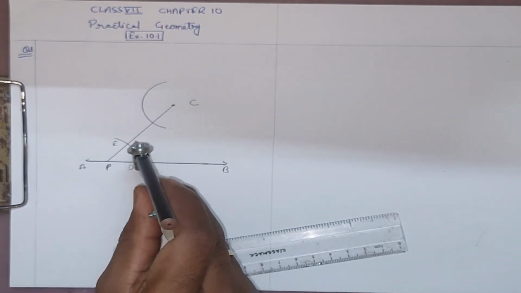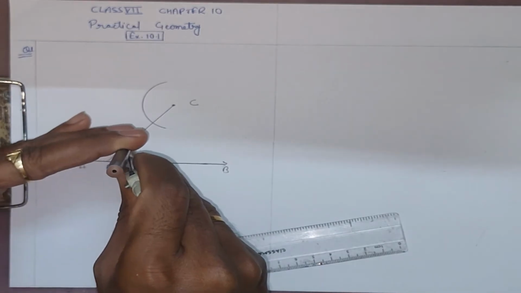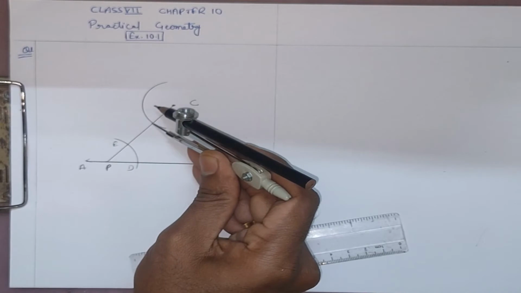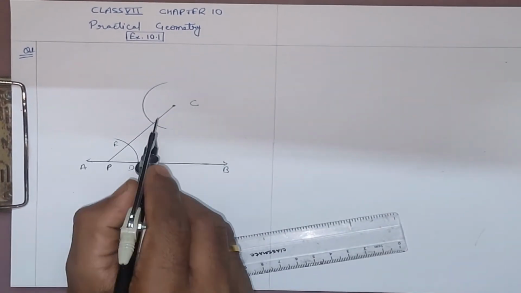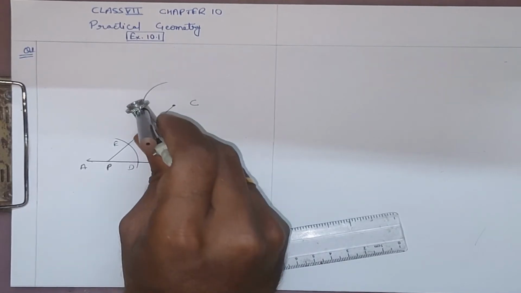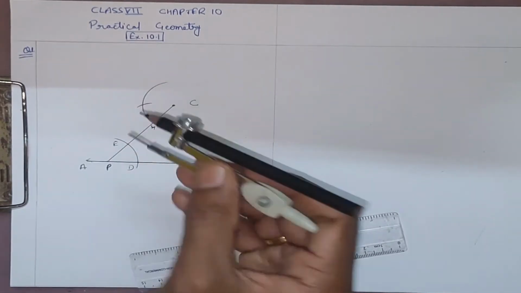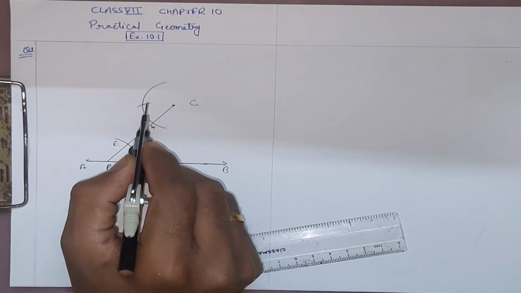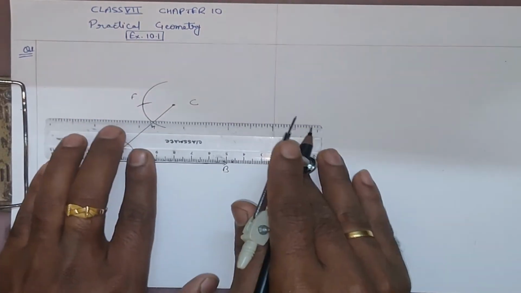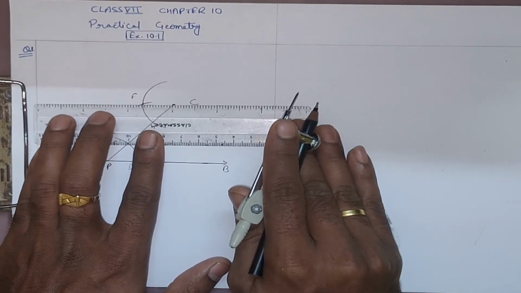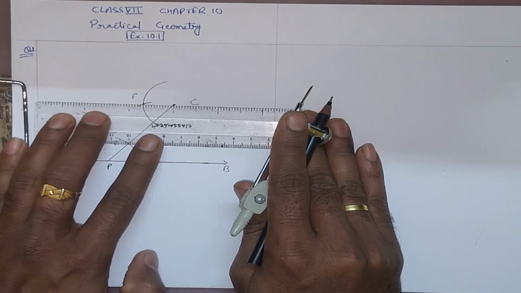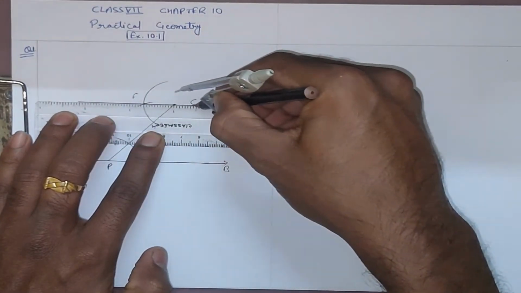The same thing we're gonna do: we're gonna copy the angle. Now measure the arc ED. See, we have measured the arc ED. Now put it on here. Let's label it as H. Now I'm gonna keep my rounder at H and cut the arc at F. The point I'm gonna take as F. Now the last thing that we have to do is join C and F with each other. That's it. And as you can see, we are already getting a parallel line.